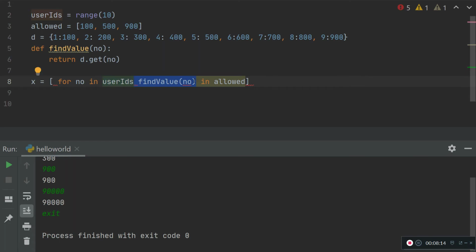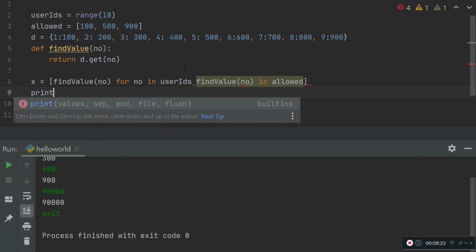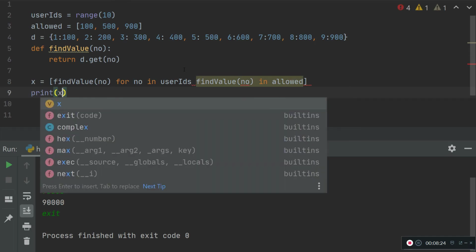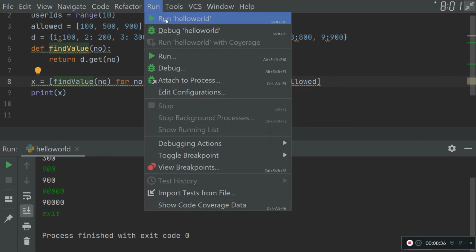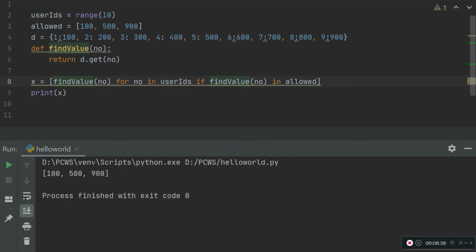But how can I print this number? Again, I need to call this method in the list comprehension so that I can print this. This is how I have to write the business logic. So this is the if condition. This is how we write in a general scenario. Okay, this is my output.